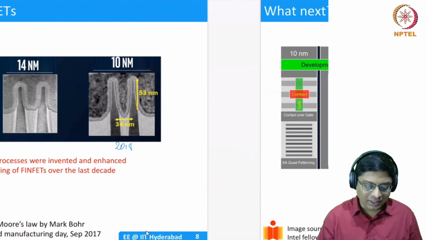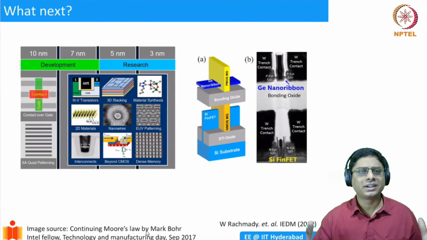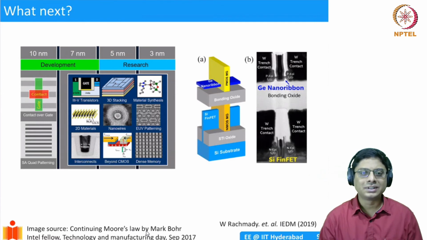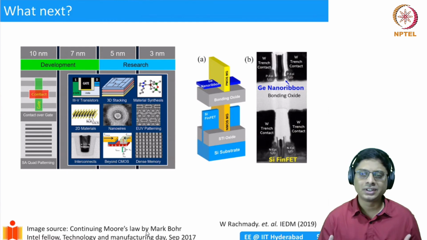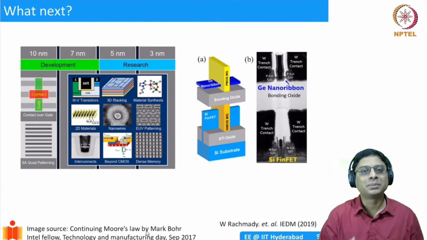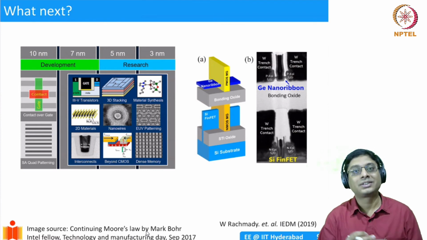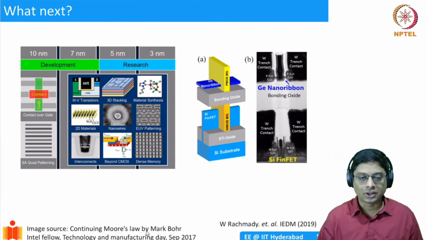And finally, what next? We have understood at a high level what the current technology is. But now the race is on to develop the next generation of technologies. And what are they? Well, a lot of things are being discussed because all of these technologies have some basic limitations. For example, we can introduce III-V semiconductors so that we can improve the performance. Or you can use nanowires as transistors, nanowire transistors. Or we have various other technologies that are being explored. We don't know what is going to work, but it is really the cutting edge of research right now.